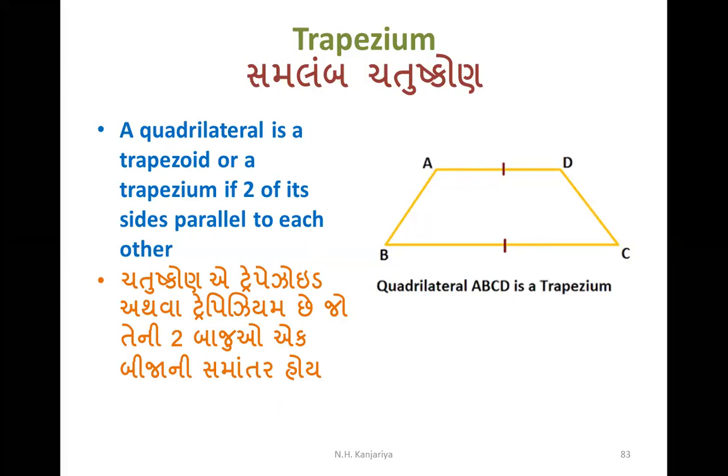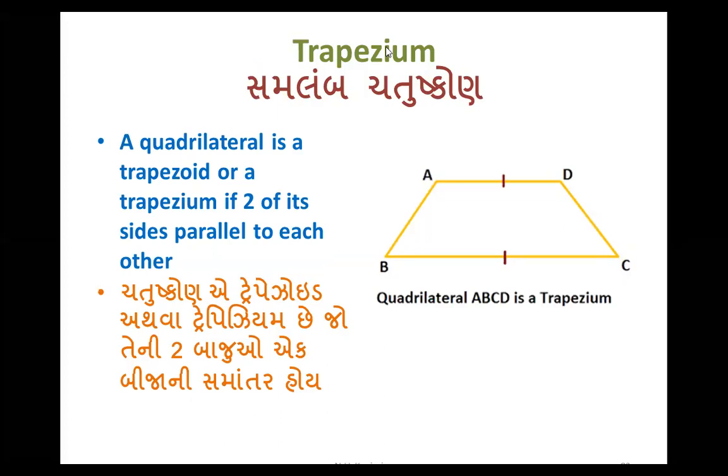trapezium. In a trapezium, you only need to remember that any two sides will be parallel to each other. Then the quadrilateral we get is called a trapezium. So remember this: a trapezium has any two sides that are parallel. Now we move on to the properties. These are the definitions. ABCD is a trapezium when it has two parallel sides.